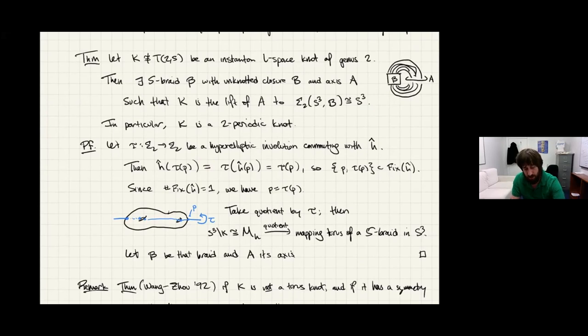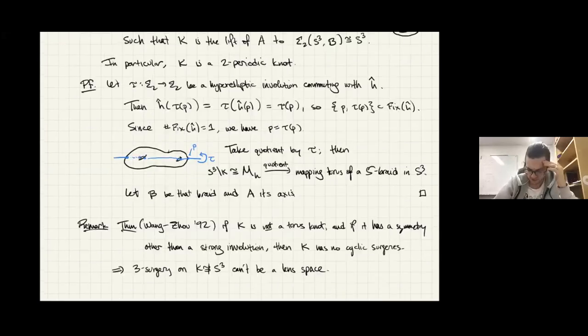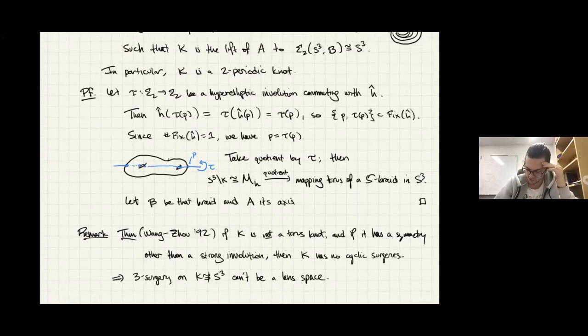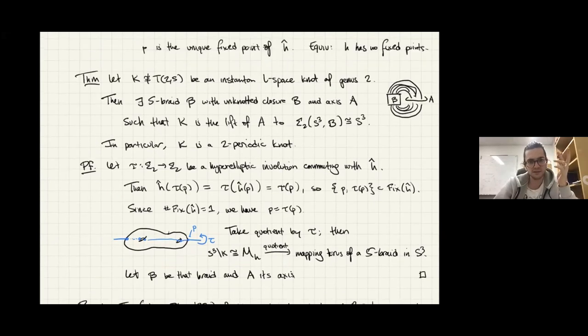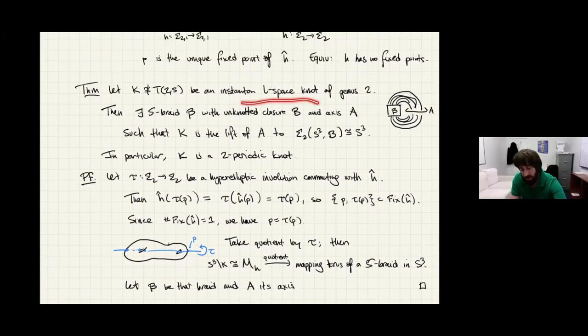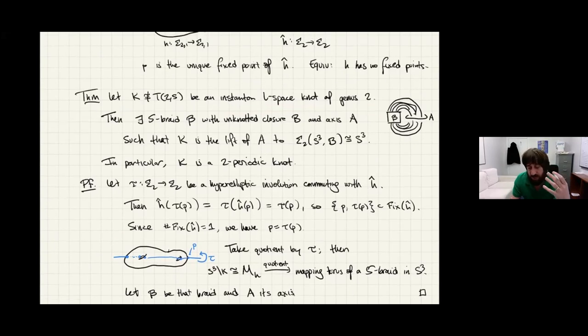All right. Yeah, I have a general question. Can you remind me the definition of instanton knot L space? Yeah, so an instanton L space knot is one for which some Dehn surgery produces one of these instanton L spaces. In other words, something for which the framed instanton homology is as small as possible. Okay. And in particular, the third surgery. Right, right. That's what I'm interested in here, the 3 surgery.